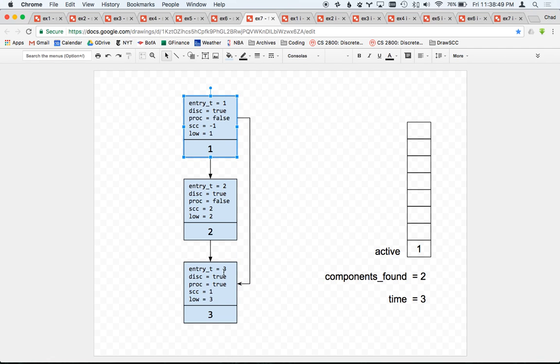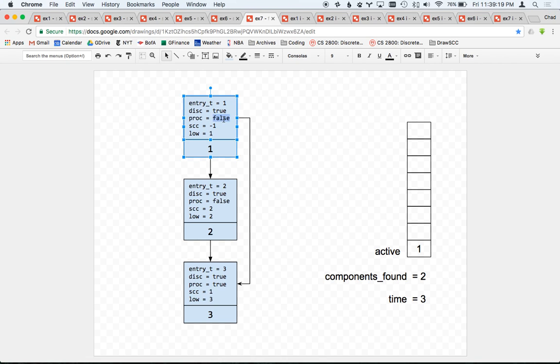So because the entry time is later than vertex number 1, we know that this has to be some kind of descendant of vertex 1, and this descendant has already been discovered, and so therefore this is a forward edge from vertex number 1. Okay, with forward edges, we do absolutely nothing. Convenient. So we have now processed all of the edges coming out of vertex 1,